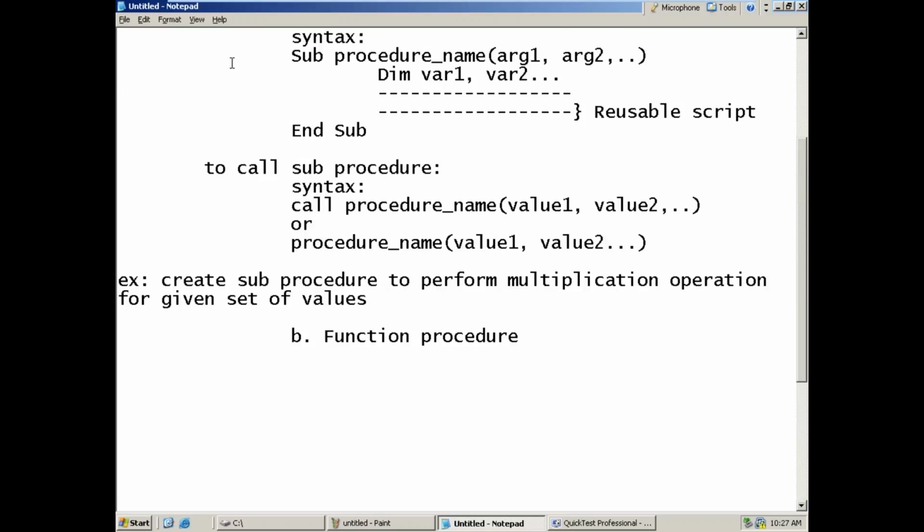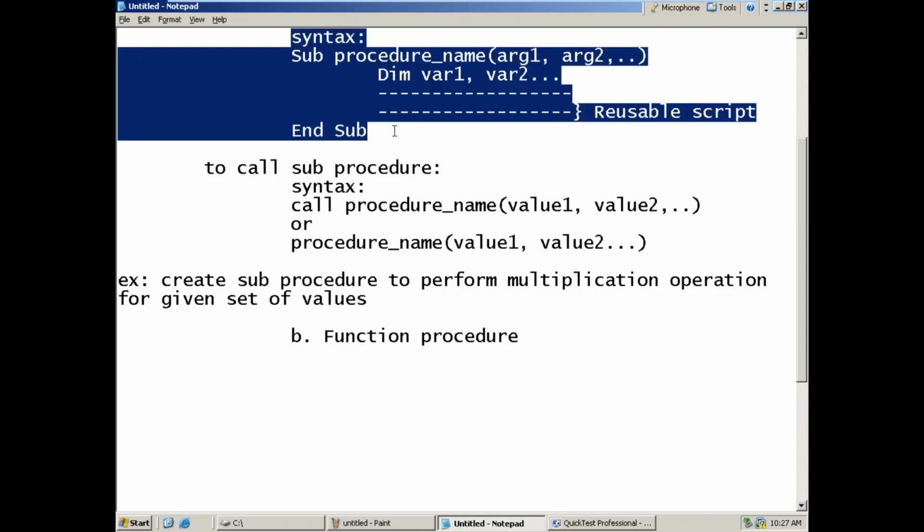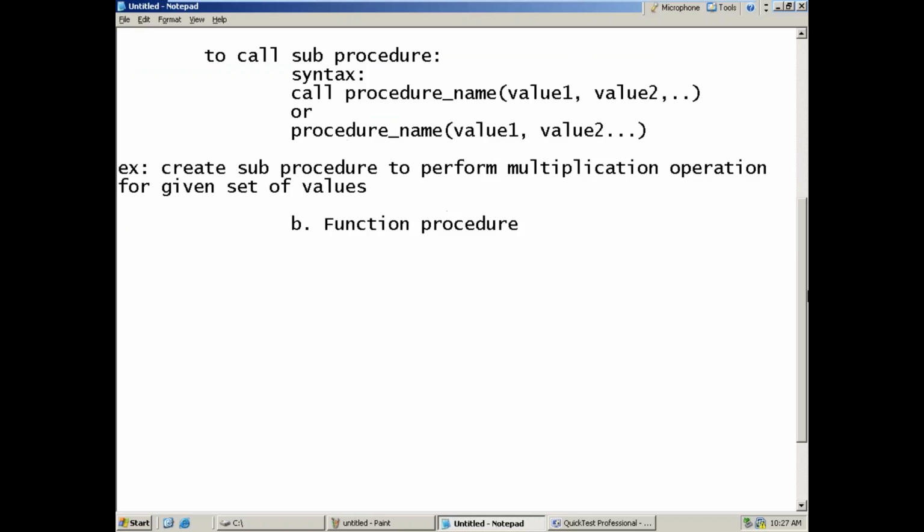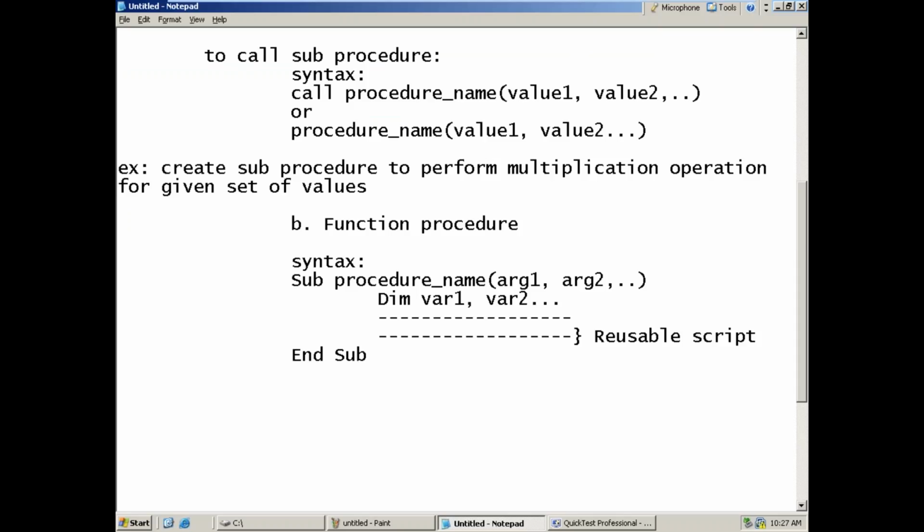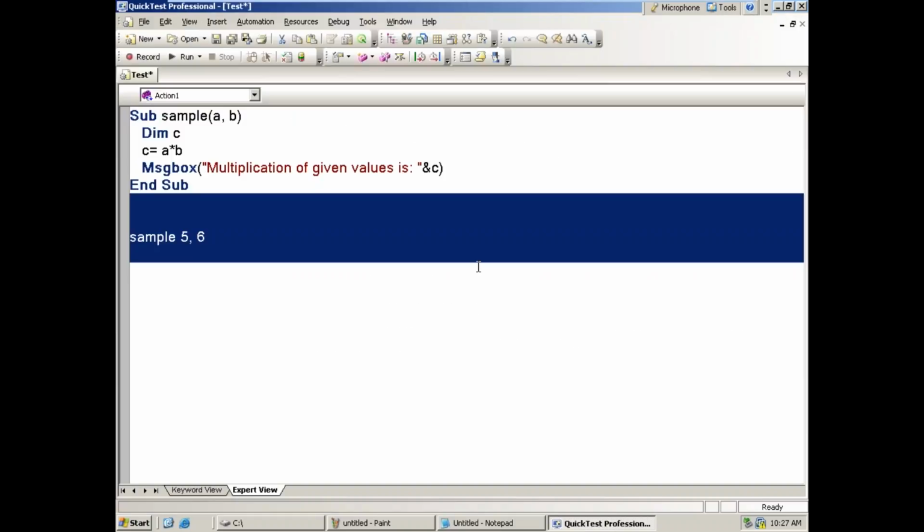The syntax is almost identical, but in place of Sub, we have to use the keyword Function.